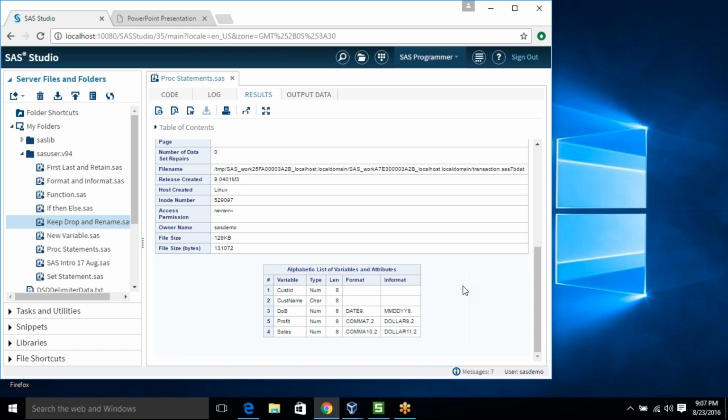But when you're getting data from your client side in the form of a SAS data set itself, where you don't know the number of observations, the number of variables, what type of properties are there, whether they are sorted or not, or whether there is any index or not, then you can use proc contents.